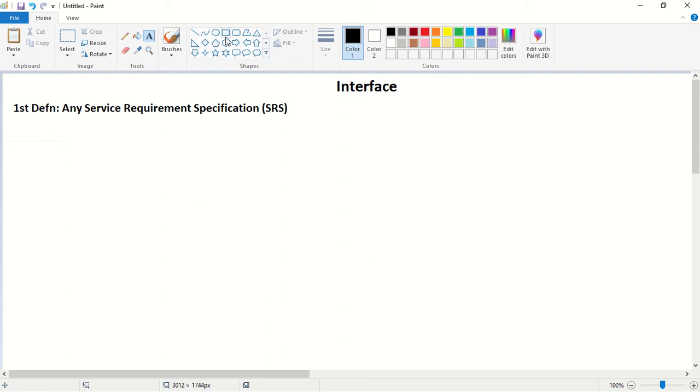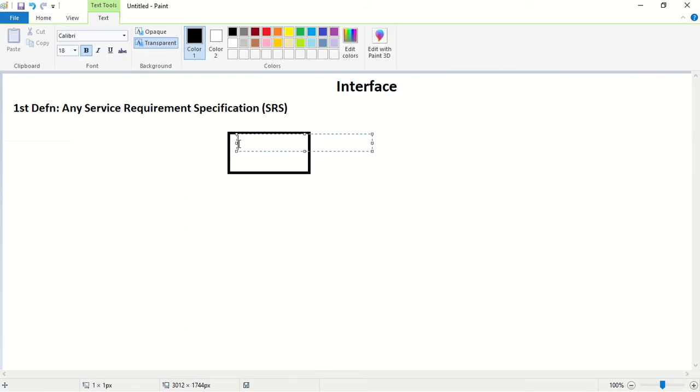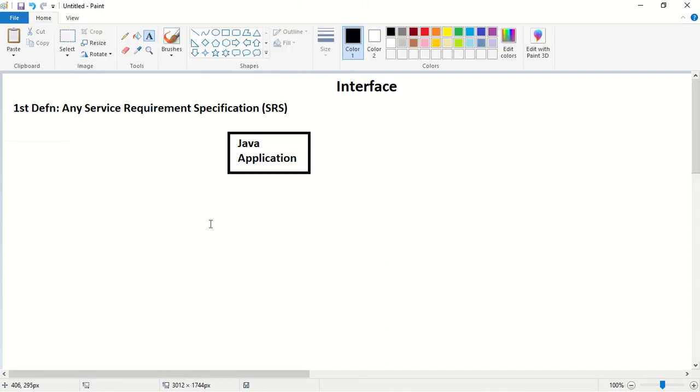Now we shall see the example for this definition. Consider this is a Java application. Now this Java application has to make a connection with a database.